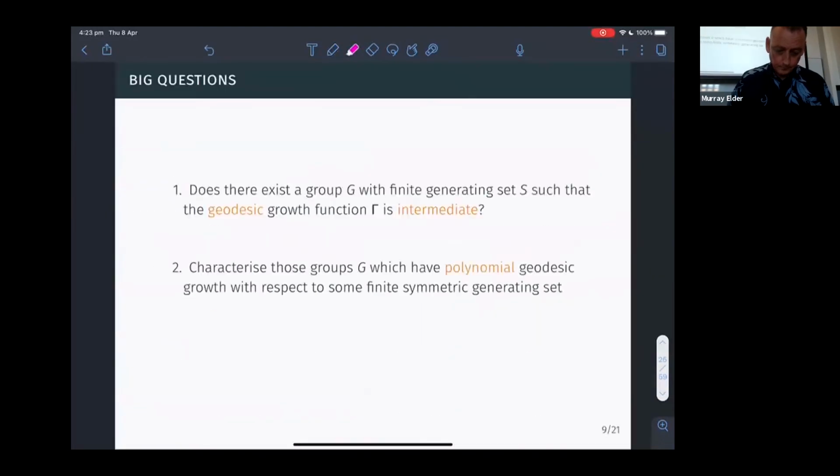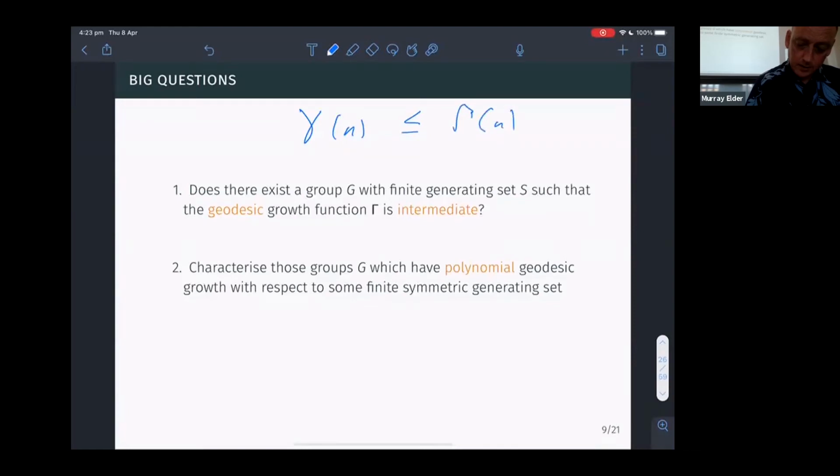And so I'll say my big questions: does there exist a group with a finite generating set so that the geodesic growth function is intermediate? So we have that inequality that the usual growth function is always less than or equal to this geodesic growth function,